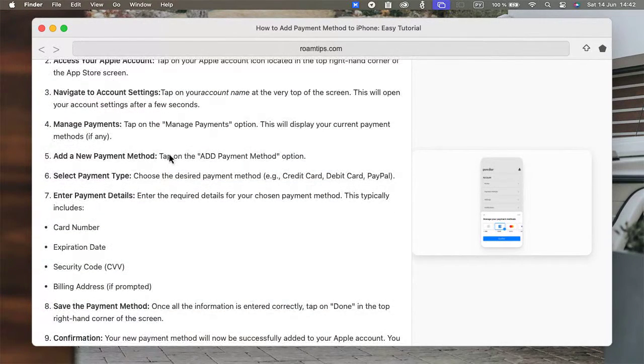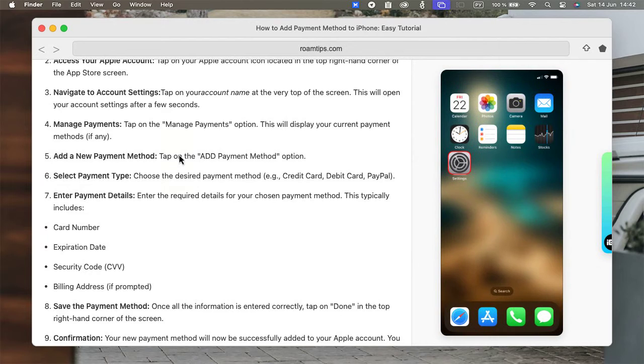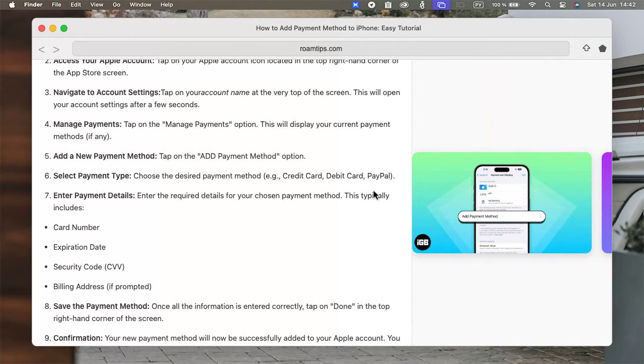Today we will be discussing how to add a payment method to your iPhone so you can easily make purchases on the App Store. First things first, let's open the App Store on your iPhone. Got it open? Great. Now look for your Apple account icon in the top right-hand corner of the screen and